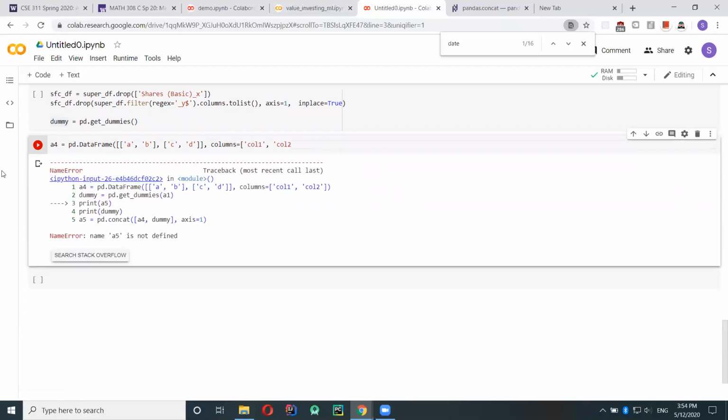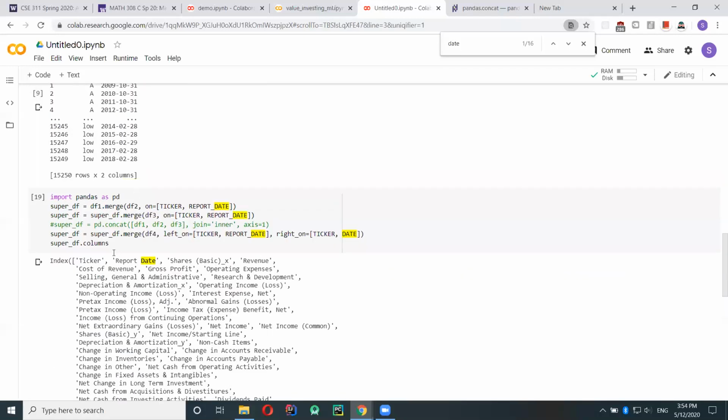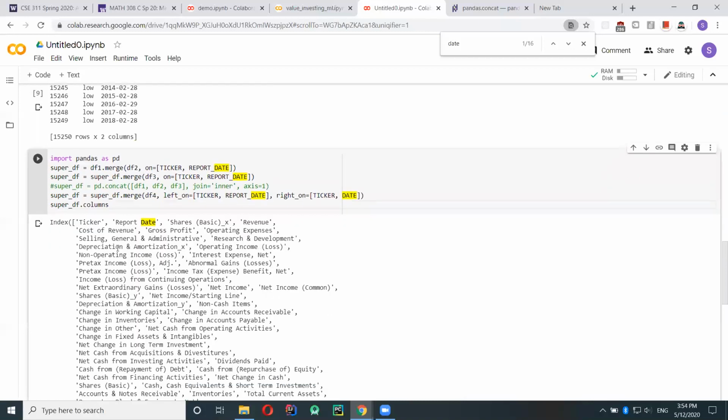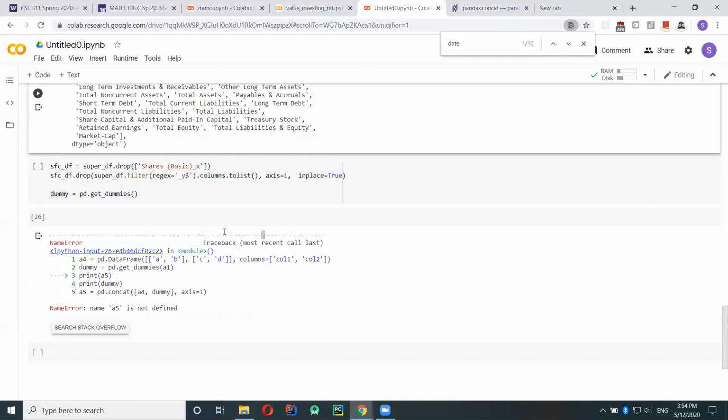There's something wrong. I didn't clear the memory. There's something wrong about memory. When you declare a variable, it stays in memory in the notebook. But just remember how to do it. Okay, let's get back to it.